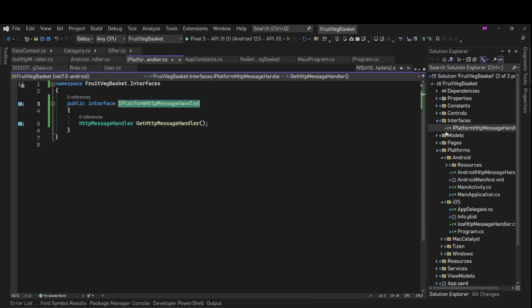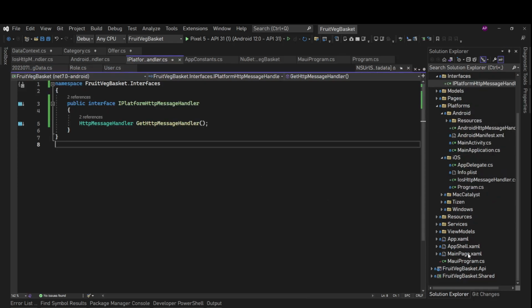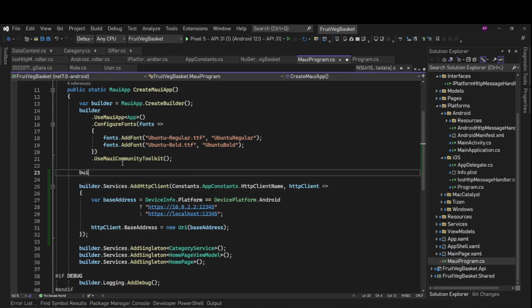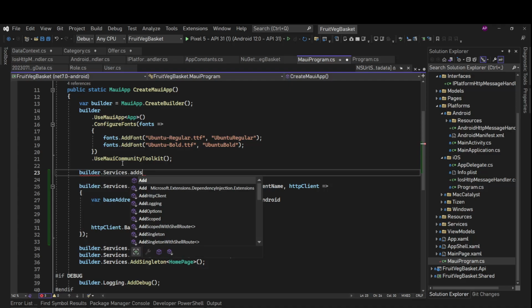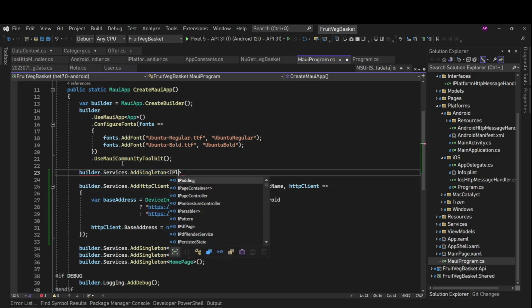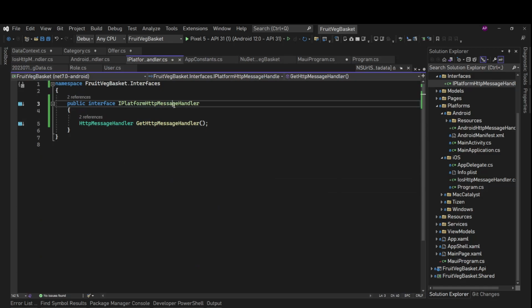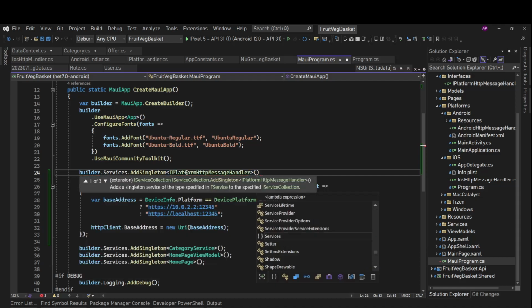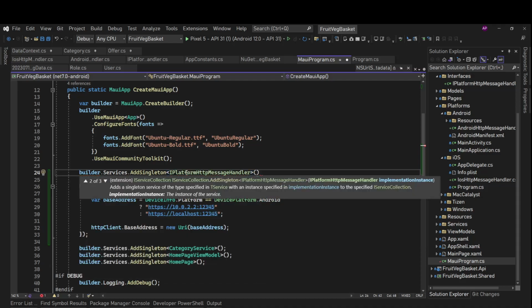Now we need to register this iPlatform HTTP message handler in our Maui program. So here we'll say builder.services.AddSingleton of iPlatform HTTP message handler, and we'll register it. We'll provide the implementation instance from the service provider.